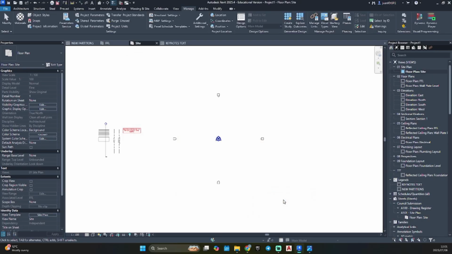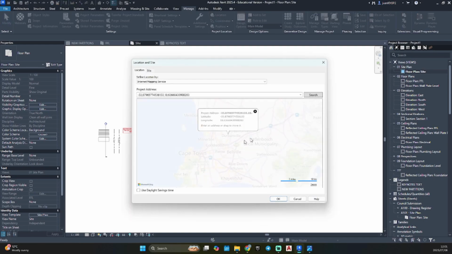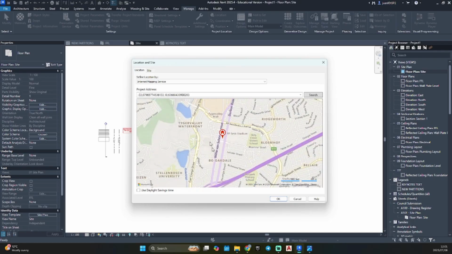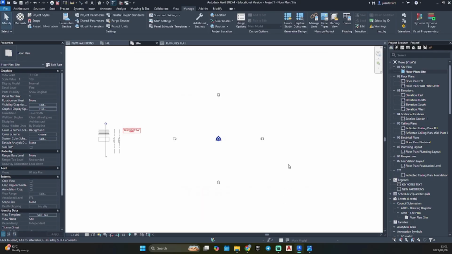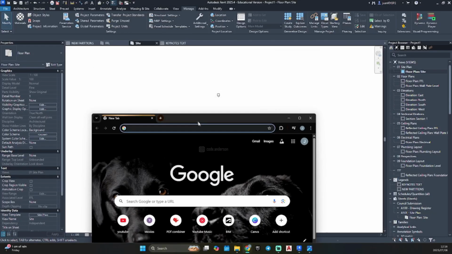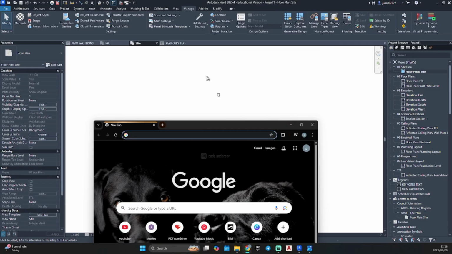So then just hit OK. We can just double check it. We are set. Okay, so now we have set up our location and our true north.